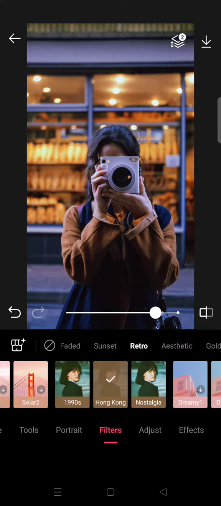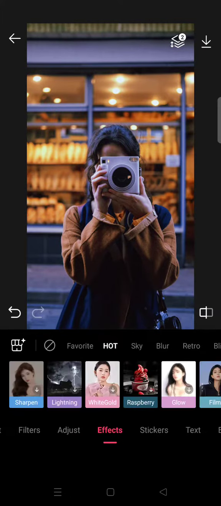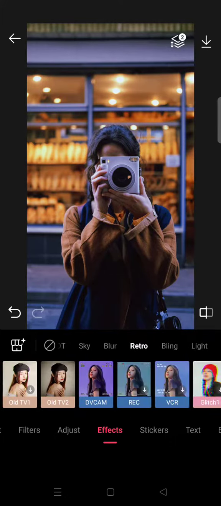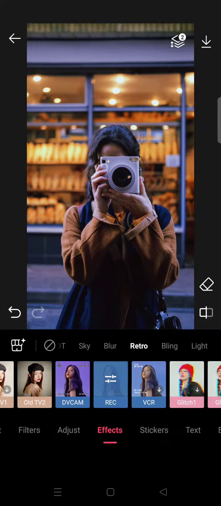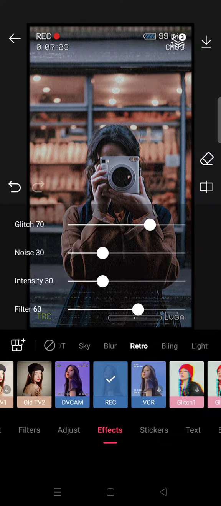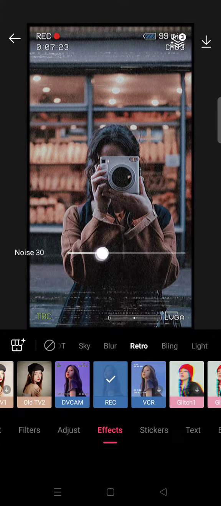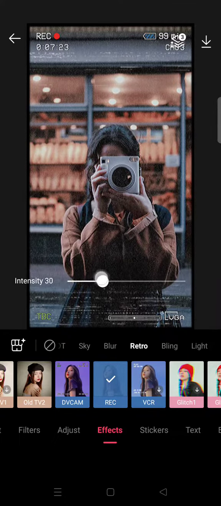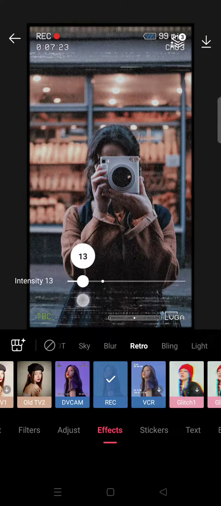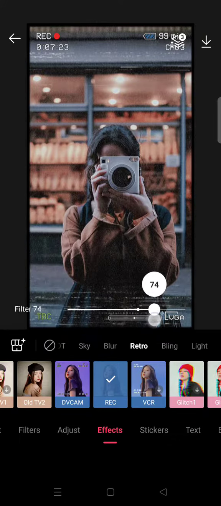I'm going to just go with 80, and then next go to effects and find retro, and in here choose REC, this one. Okay, you can set the effects to these settings, but if not, just set it to your liking. So I'm going to set the glitch to 100 and the noise to 12, and the intensity I'm going to also set to 12, and last, the filter I'm going to set to 80,